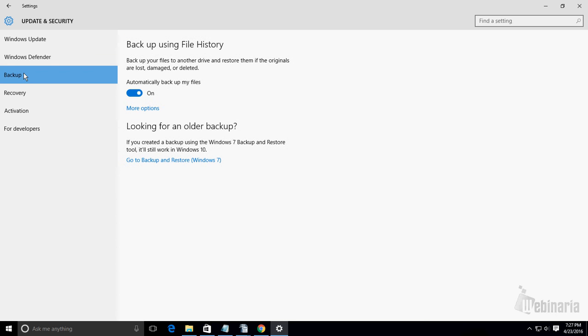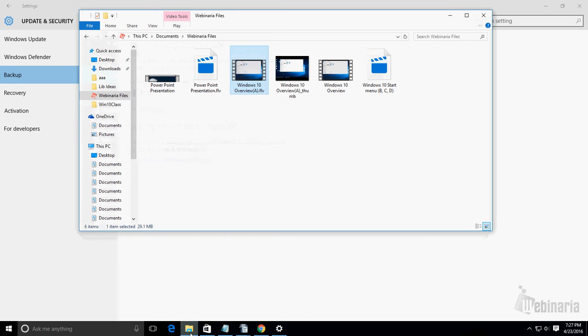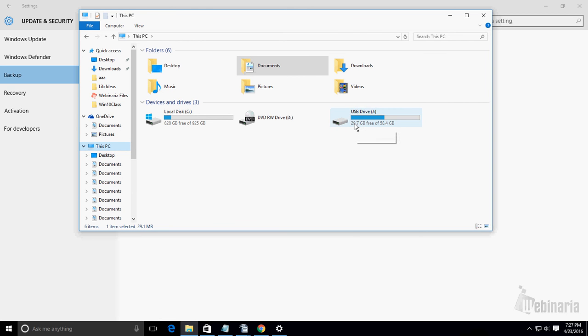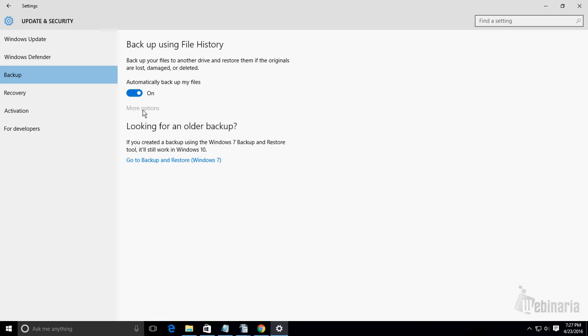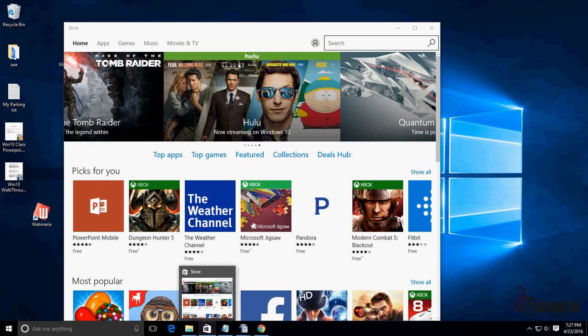Down here in backup, backup's pretty important. I would definitely recommend for you to back up your files to a drive. And we currently have backup file history on. We also have already added our thumb drive to this, or our USB drive, whatever you want to call it, our removable storage drive right here. And if you go and look at more options here under backup options,